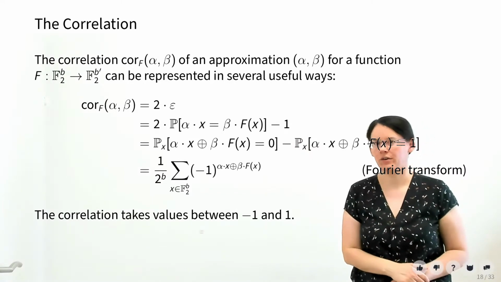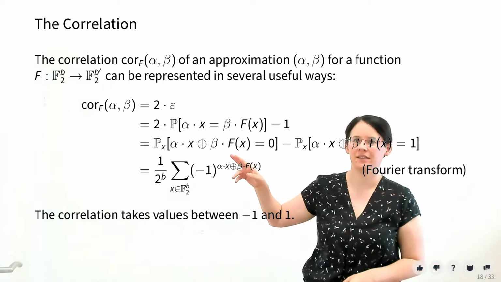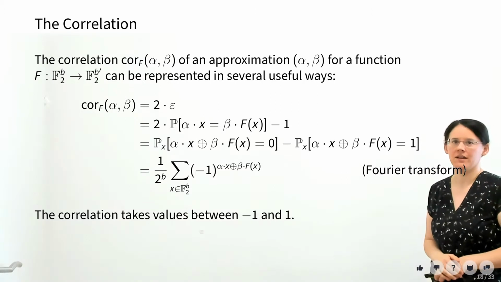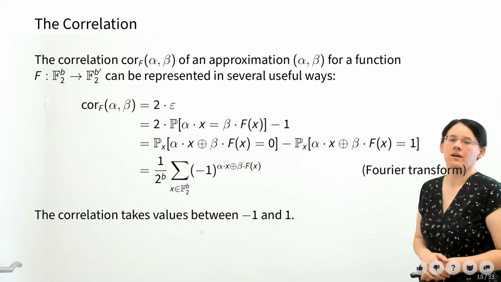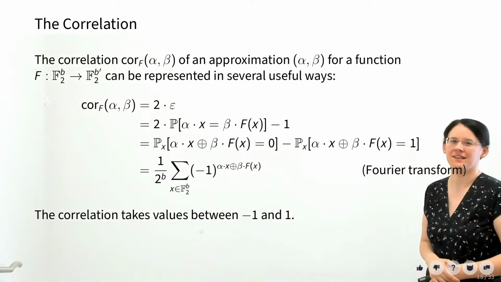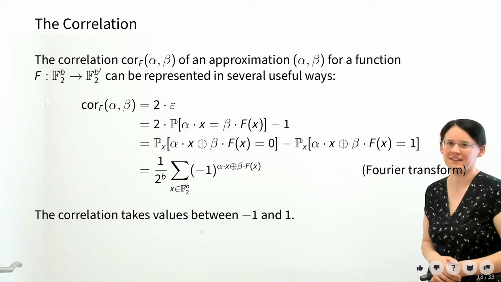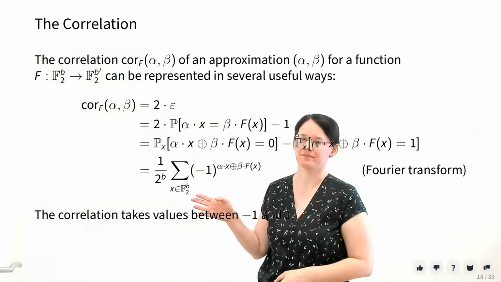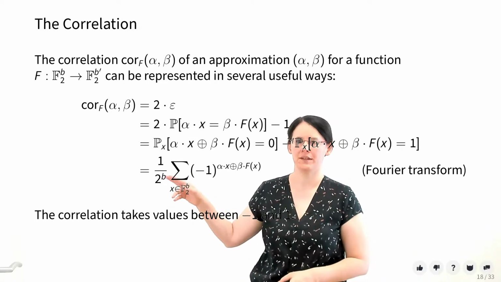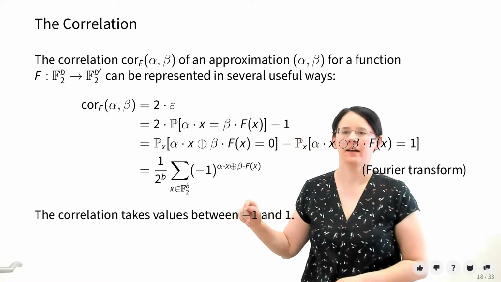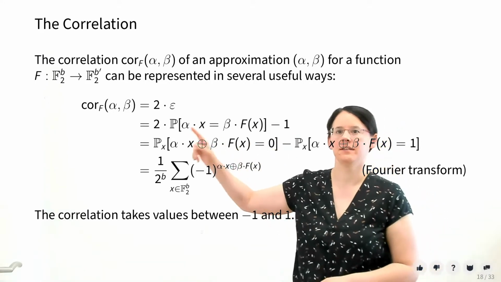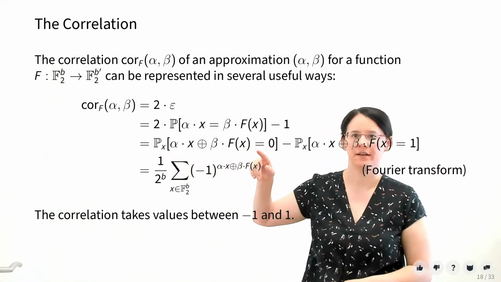Or alternatively, I can also write it as the probability that the equation is correct minus the probability that the equation is wrong. Or, now this is a bit of a bigger step, I can also apply a sort of Fourier transform to this, and I get this funny little representation. So I can also write it as 1 divided by 2 to the power of b, where b is the bit size of the function, times the sum over minus 1 to the power of always this equation here, so the value of this left-hand